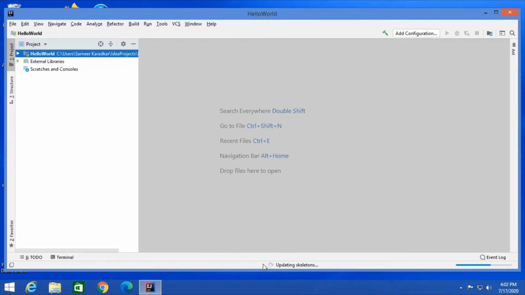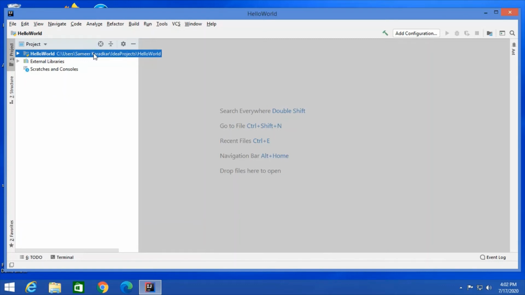This is the one thing that you will have to be careful about while coding in Python: don't do anything until Python is done with itself. You will always have to observe that bottom panel, whether it is doing something. If it is done with everything, then only we will go for our programming. As you can observe, it is done with everything now. Now it is completely ready for coding.